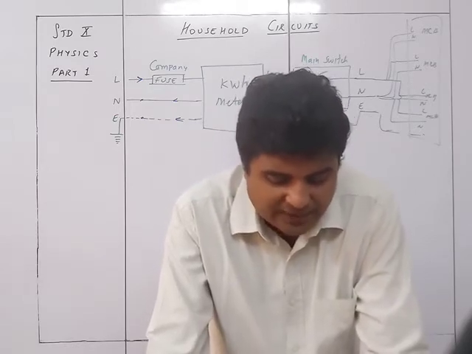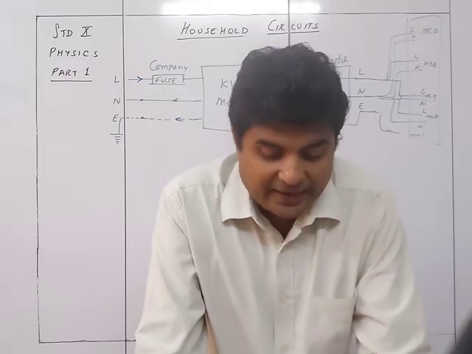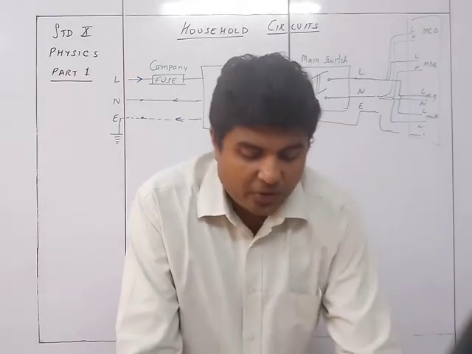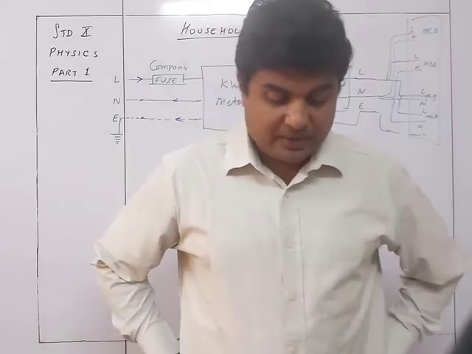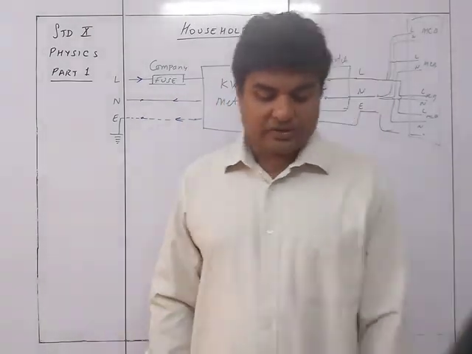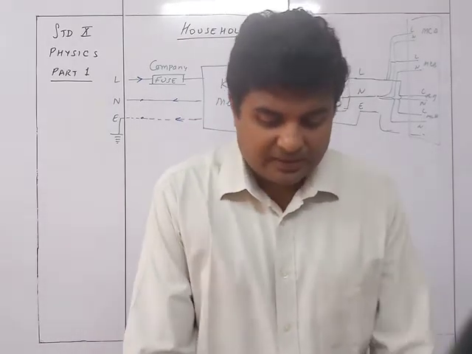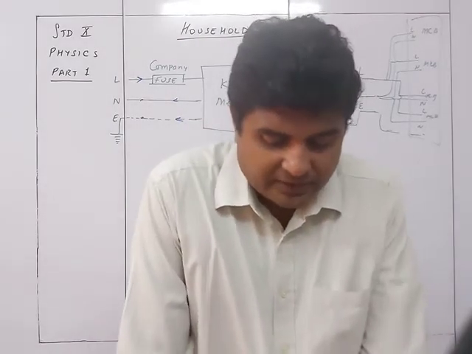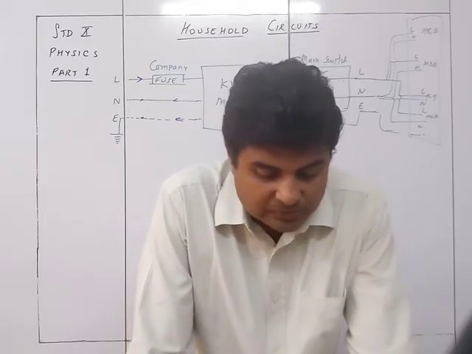This fuse is called the company fuse or pole fuse. Only persons of the electric supply company are authorized to handle it. The rating of the fuse depends on the load for which the connection is taken from the company. For example, the rating is 50 amperes for a connection of load 10 kW. After the company fuse, the cable is connected to the kWh meter, and the kWh meter is usually mounted on the front or outside the walls of the house.